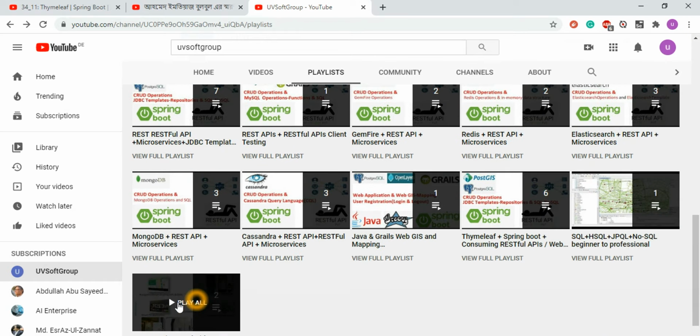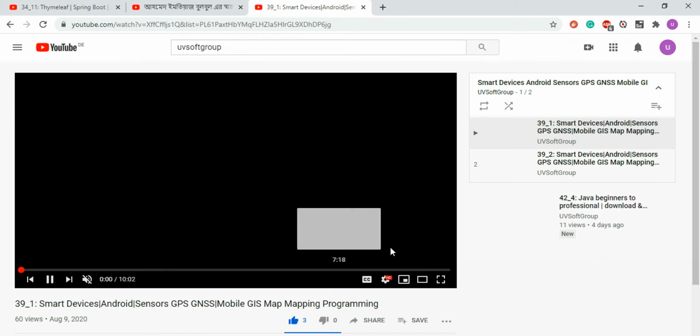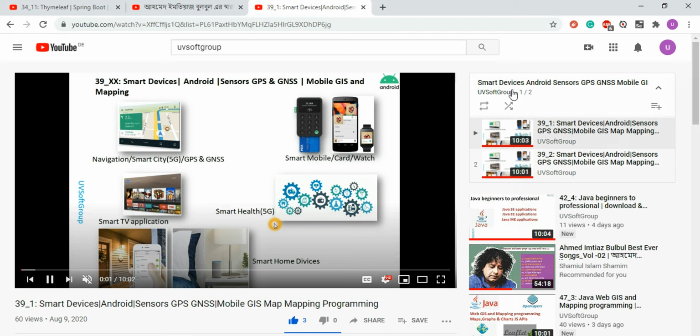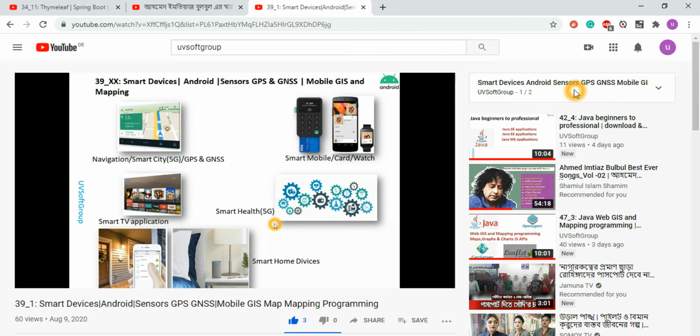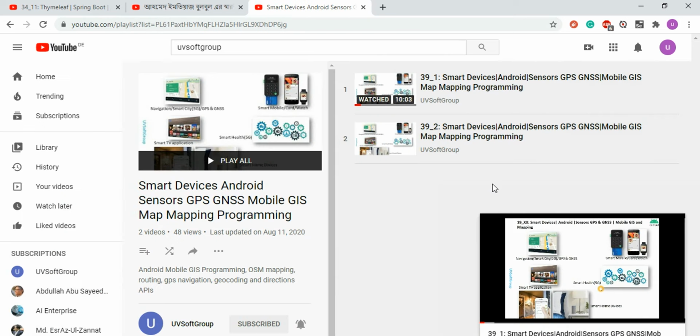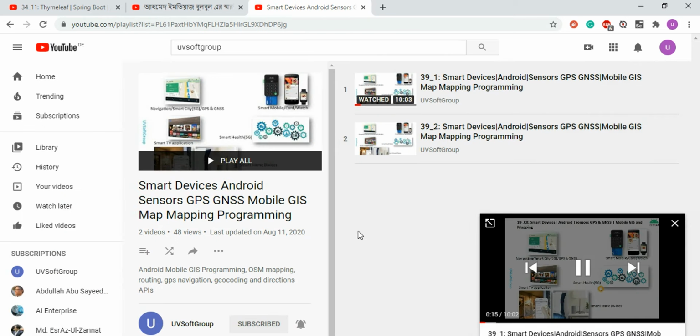You can go to this one. We already started some examples, like the screencast number 39 with smart devices, Android sensor, GPS, GNSS, mobile GIS application and mapping. This is the screencast that we already started. You can go to this and then now